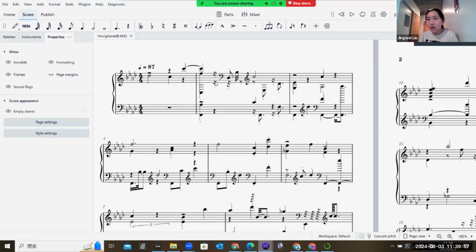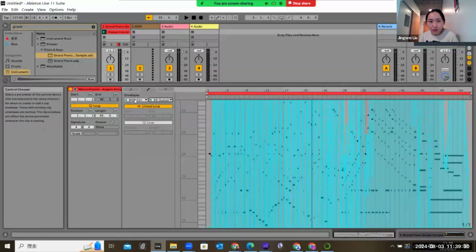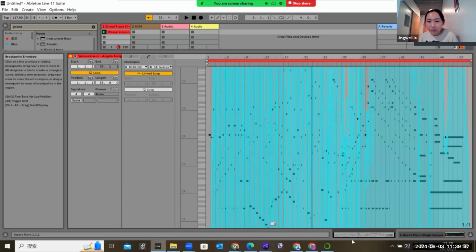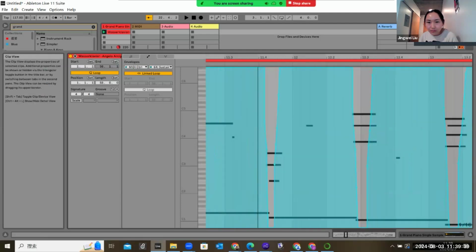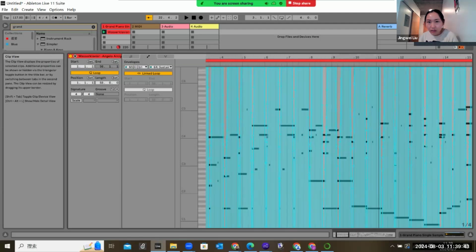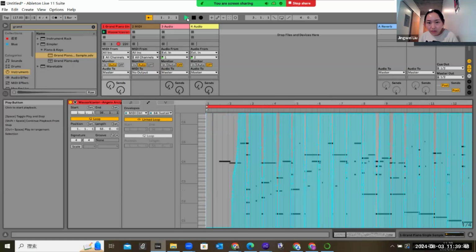So MuseScore doesn't recognize control messages, and when I play this, it doesn't eliminate all the MIDI control messages here. But this sustain pedal is actually very, very important. You can see, if I zoom in, there's a lot of pedal here. So if I play this thing,